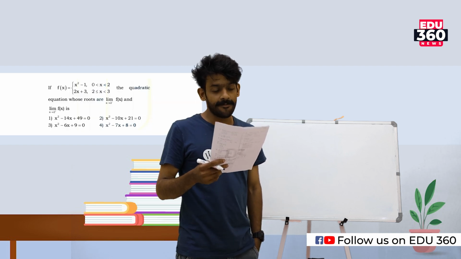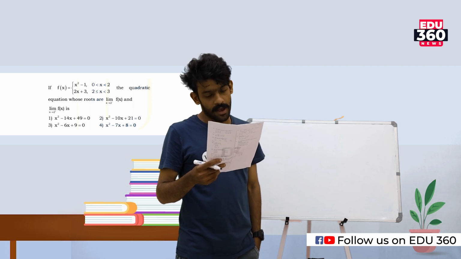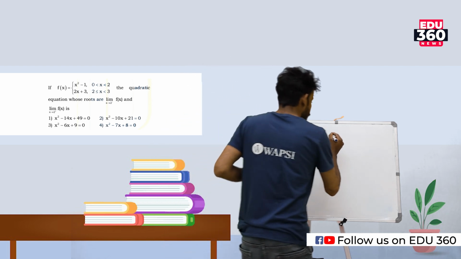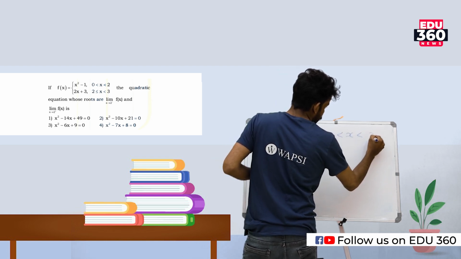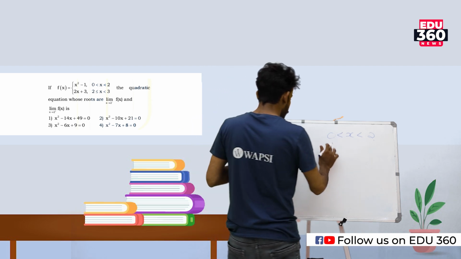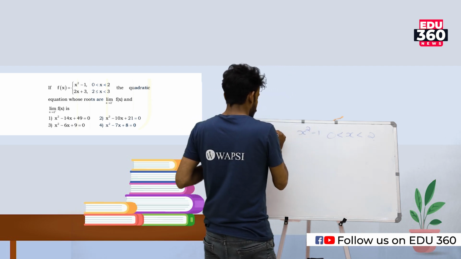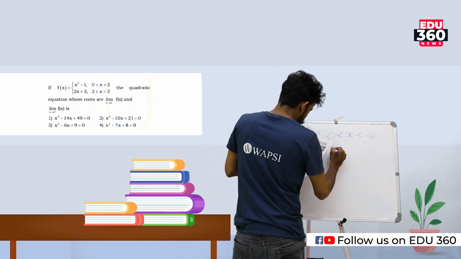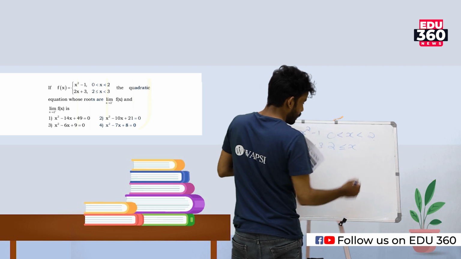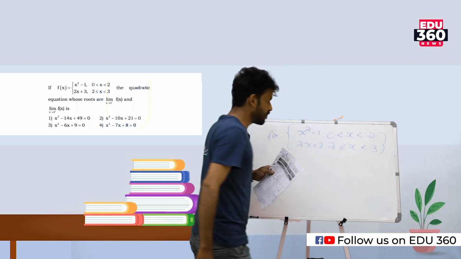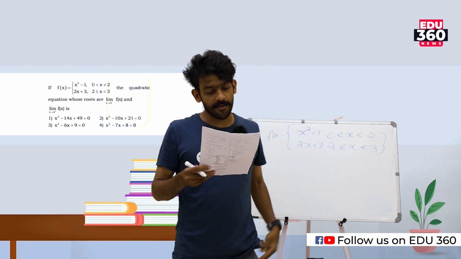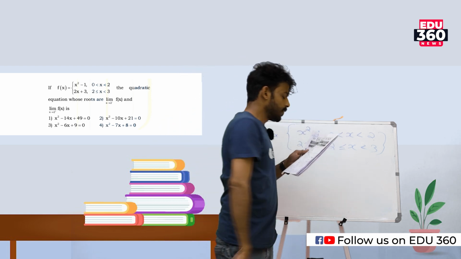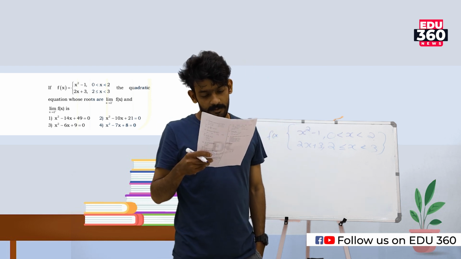The second question is: if f(x) is given as x square minus 1 for the interval 0 less than x less than 2, and 2x plus 3 for the interval 2 less than or equal to x less than or equal to 3, then let me read the question once again. The quadratic equation whose roots are